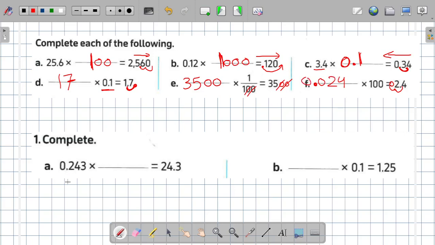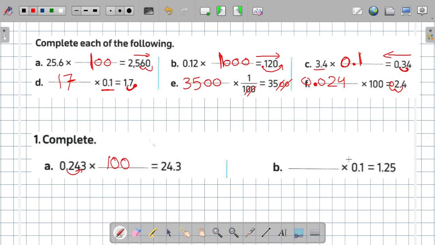Next, I have 0.243 multiplied by a number equals 24.3. So I think we moved the decimal point to the right. Okay, so we moved the decimal point two places. So I think it was 100, because we moved the decimal point to the right two places. Here I have a number multiplied by 0.1 equals